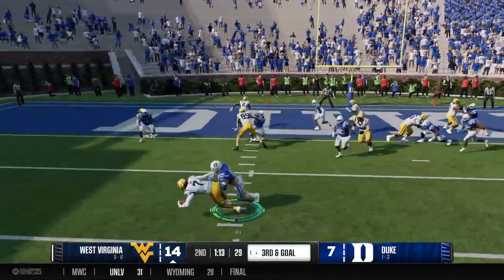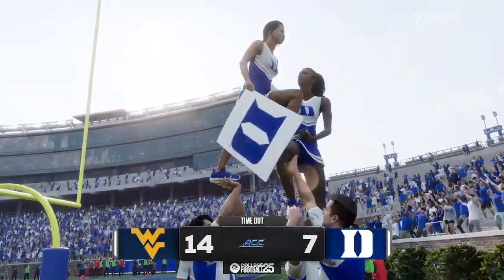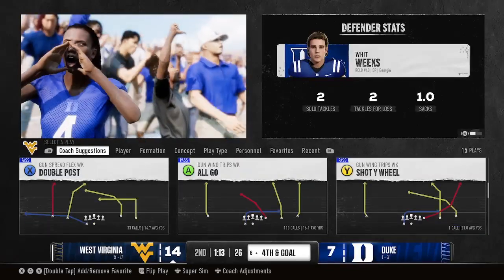Quarterback touch pass on the jet sweep. That play just got wrecked. 3rd and 1, and they went backwards. We've got a timeout here late in the first half, and they'll try to get more points on the board